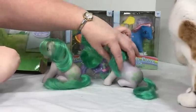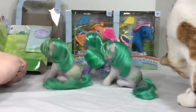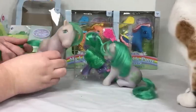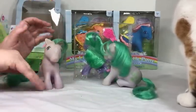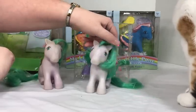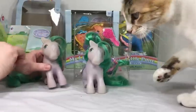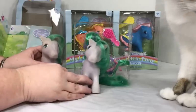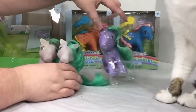The hair is also very close. Oh, and speaking of which, a unique thing about these ponies is, besides that these are the only ponies who were ever sitting, they're also the only ones that I can think of off the top of my head that have a blaze. And it's harder to see on the vintage ones, but it is very easy to see